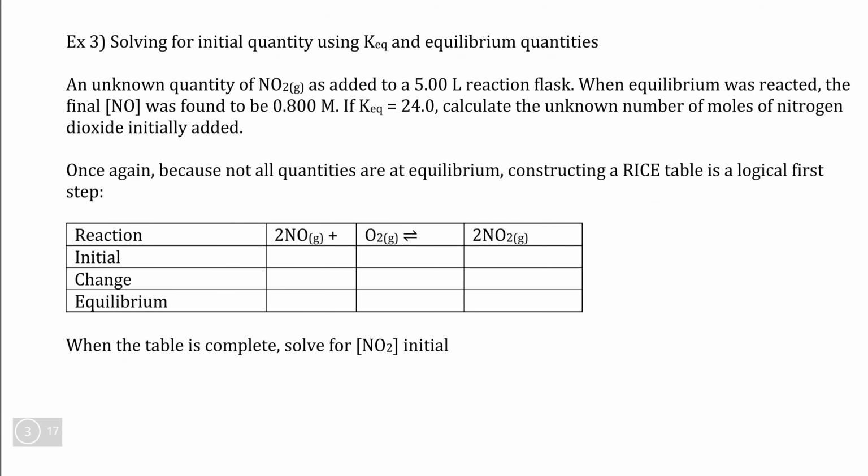Now, in the final situation, we are calculating this time an unknown initial concentration if we are given KEQ, so the calculations work a little bit differently. So here we're told an unknown quantity of nitrogen dioxide gas is added to the reaction flask, and we're not told anything else about our initial conditions. So again, we don't know what this quantity here is, so we're just going to call it a question mark here,